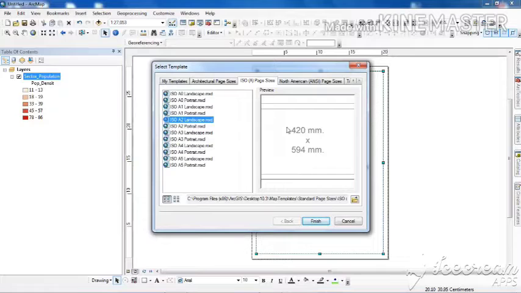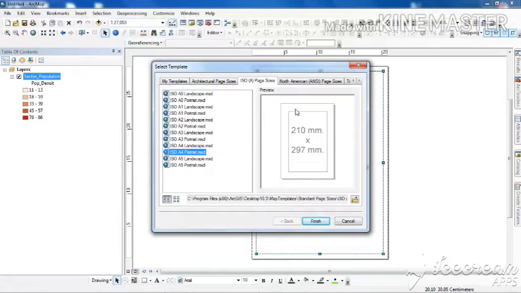A2 means 420 millimeter into 594 millimeter, which means 420 in breadth and 594 in length. Now A3, 420 millimeter in length and 297 millimeter in breadth. Now A4, 297 millimeter in length, 210 millimeter in breadth.